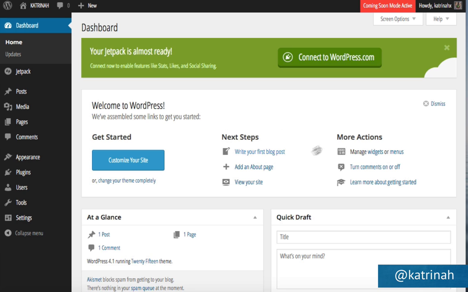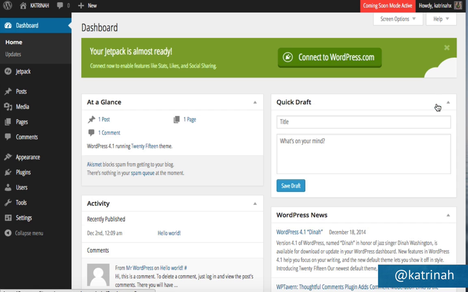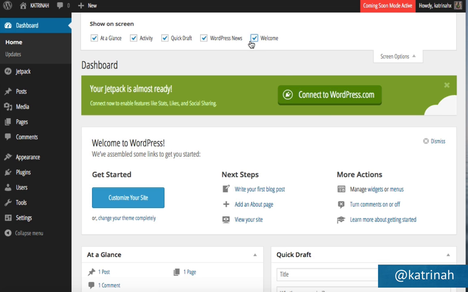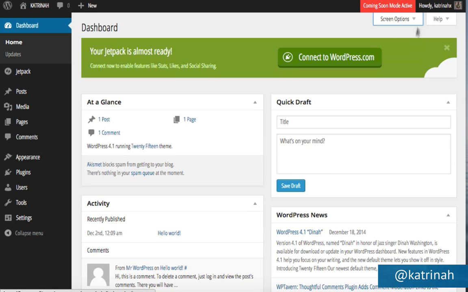Instead, I'm just going to turn this section off altogether by going up to the top right-hand corner here and clicking on Dismiss. You can easily see that view again if you want to see that welcome message once you've dismissed it. You can see it by clicking on Screen Options. Then you'll see here it is right here, Welcome, and when you click on that box, it reappears. So these particular boxes at the top will determine what sections are viewable on your dashboard. So I'm just going to collapse the screen options by clicking on screen options one more time.